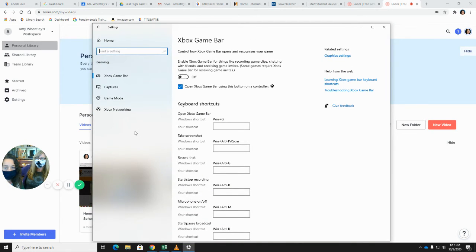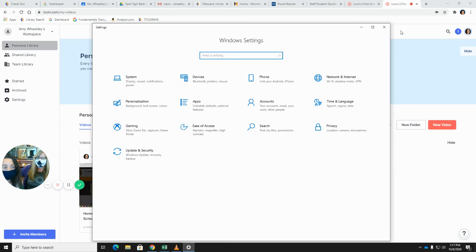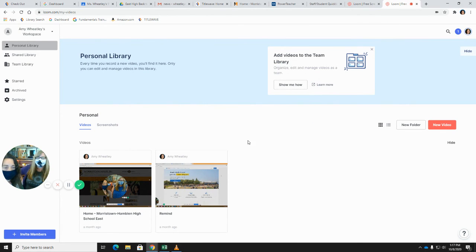Just open that section up. And this is what it should look like right here. So Xbox Game Bar, it should be off. If it is on, then you may have issues when you're taking your tests, like Ms. Porter said, in the lockdown browser, because it doesn't want you to be able to do things like use Game Bar to record your screen. So make sure that is off, and that's all you have to do is turn that off. So super easy. There are a couple of background settings that you need to know about.